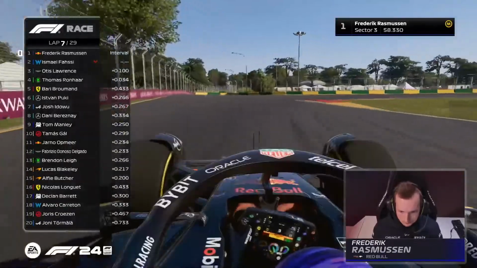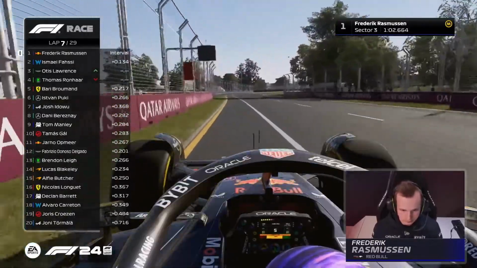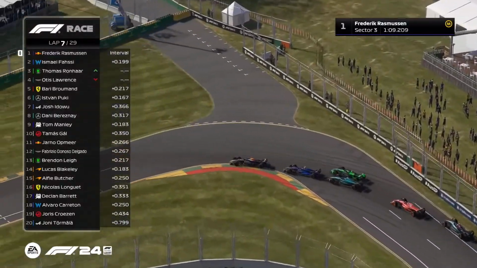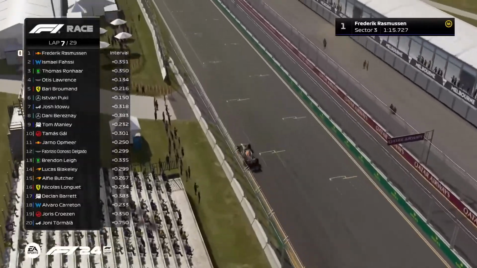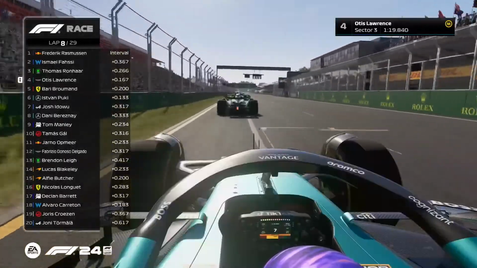Lawrence tries to go for the move. Change of lead. Freddie Rasmussen gets by. Fassi is passed. And who got P3? Side by side we go. The reigning world champion hits the front of the field, but who will be third? He's not going to go around the outside again, is he? The outside line becomes the inside line for Thomas Ronha, who's gained another position as Freddie Rasmussen hits the front